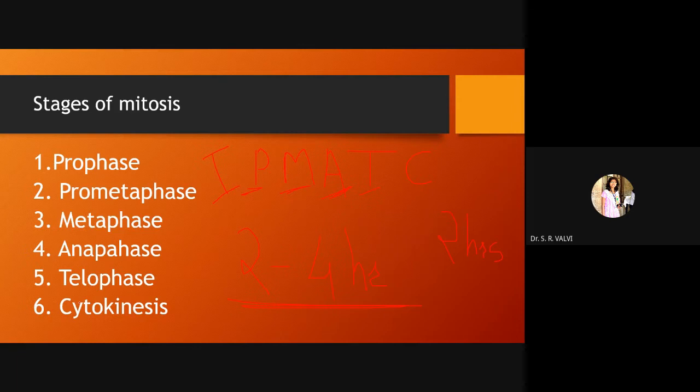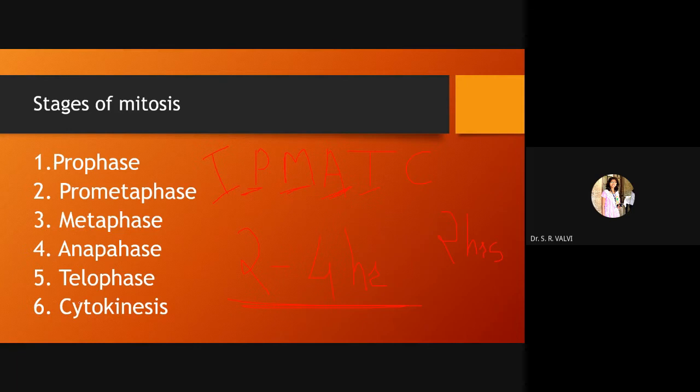So see, within these 2 hours the cell has to prepare. The cell works at that much speed, and along with that speed, accuracy. Okay, the cell does not make any mistakes like us human beings, right? So a cell has that much accuracy, so that the chromosome numbers are placed accurately from a mother cell to the daughter cells.